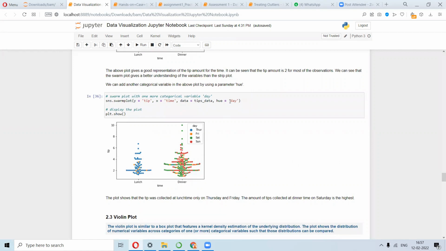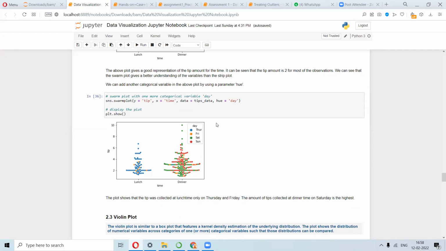Of course, all these things need to be categorical. You just want to see from which category you are getting all these data points, right? So you have to specify a category, which is hue. Accordingly, you get all these Thursdays, Fridays, Saturdays, and Sundays. So now you tell me, what do you observe from this? Don't read it out. Just tell me at a glance what you observe from this representation of the data.